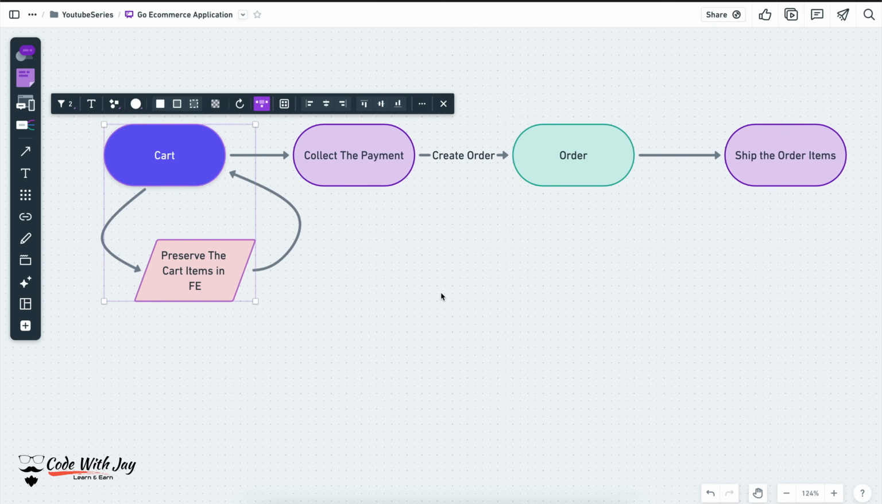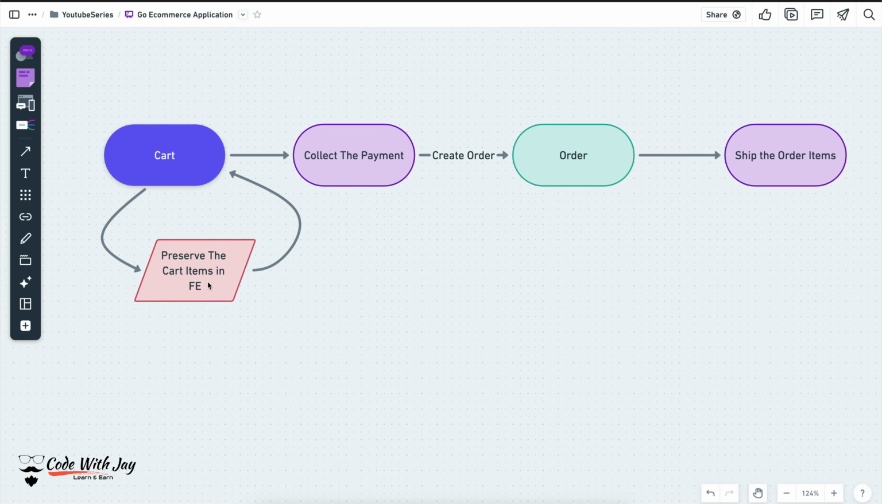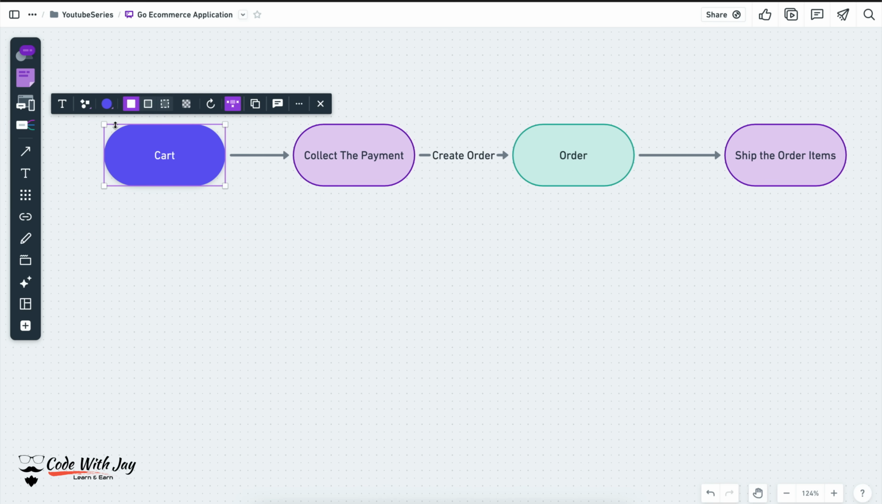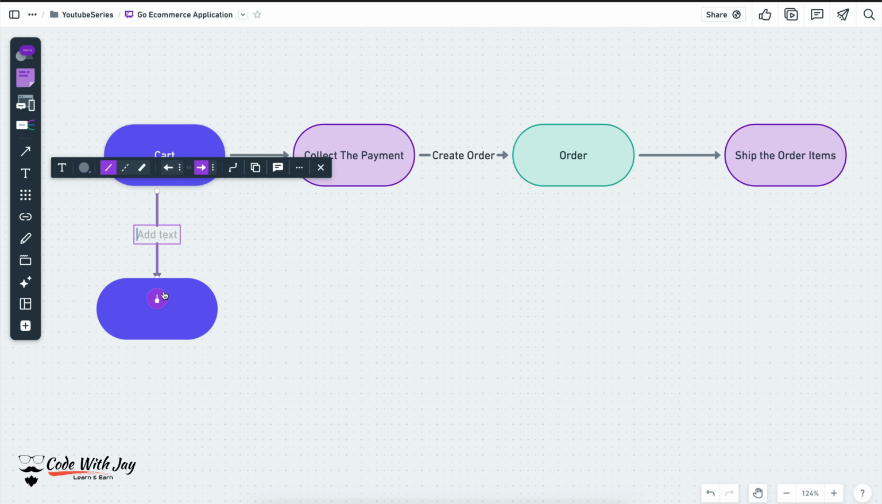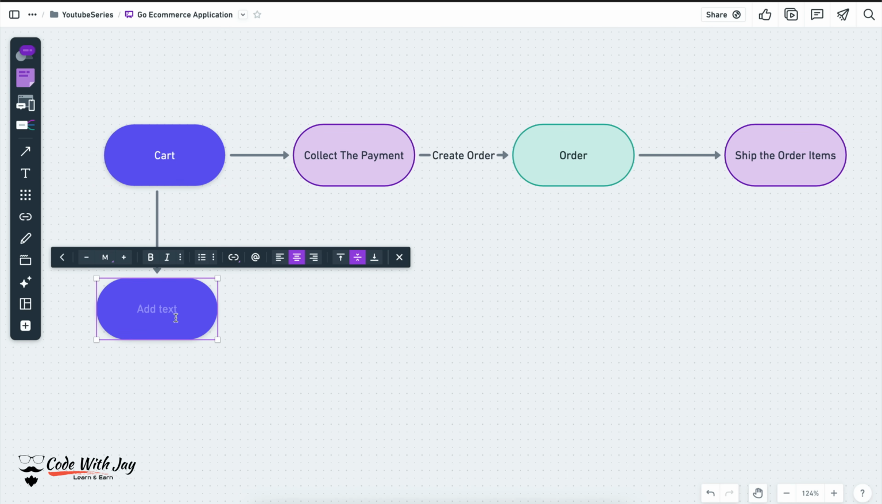But in the general way, we are not going to preserve all of this stuff in the front end, right? So what we are going to do is store all of the items. As soon as you add these cart items, we're going to store all cart items in the backend,